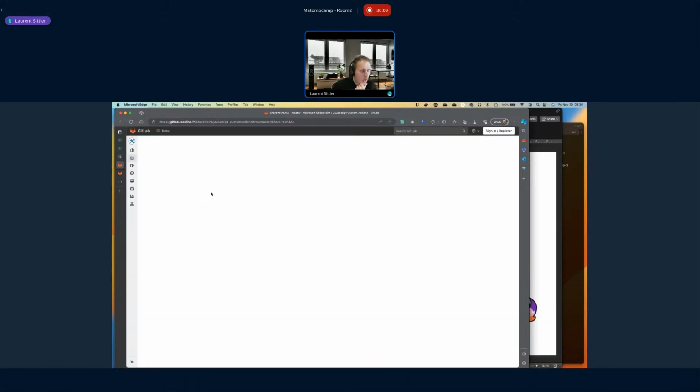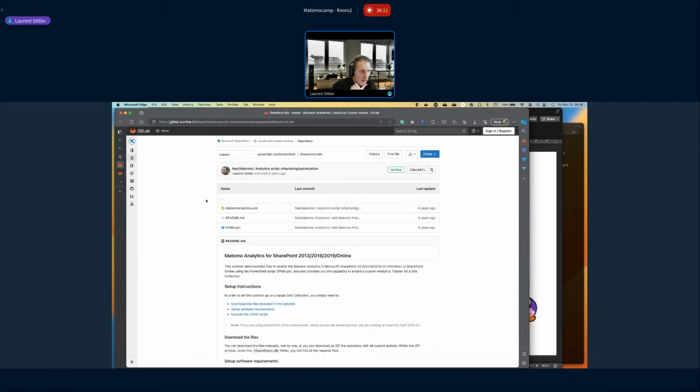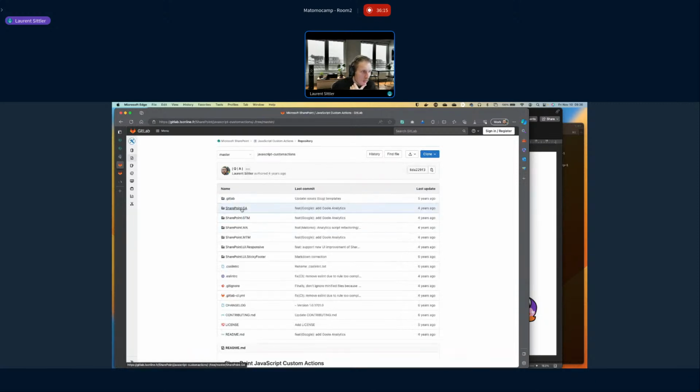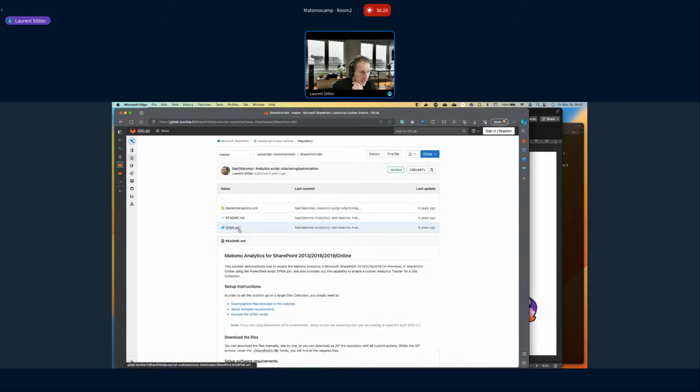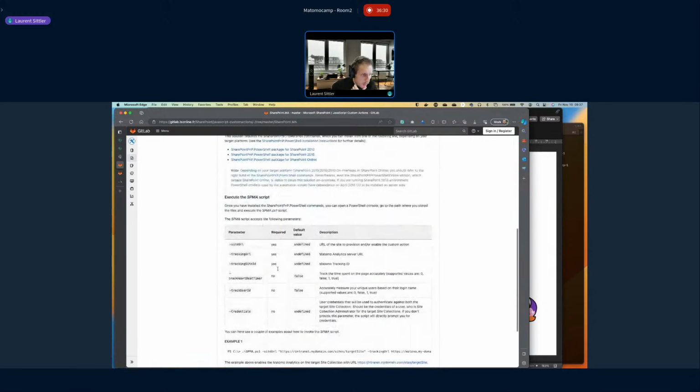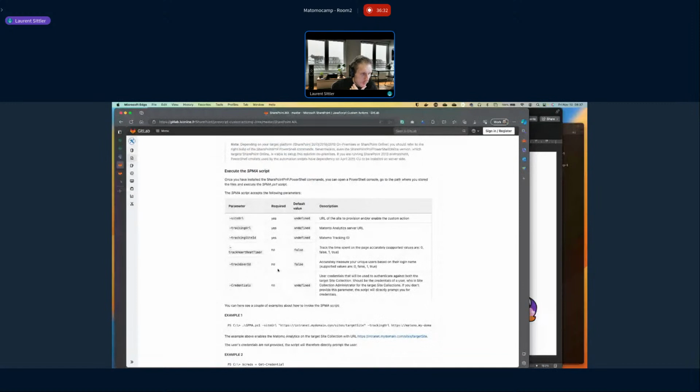So in my repository too, you can find different kinds of custom actions, and mainly here you can find Google Analytics and Matomo, and Matomo Tag Manager in this case, with a little error. With Matomo Analytics, you can directly use this script to deploy the package on your site. So this is exactly the same idea, basically.